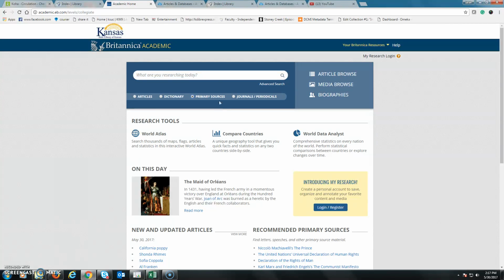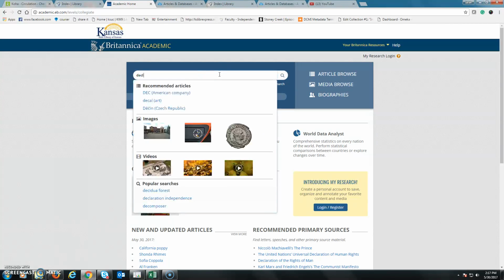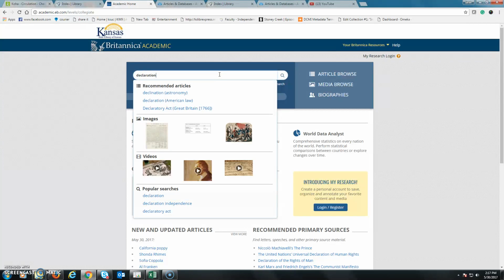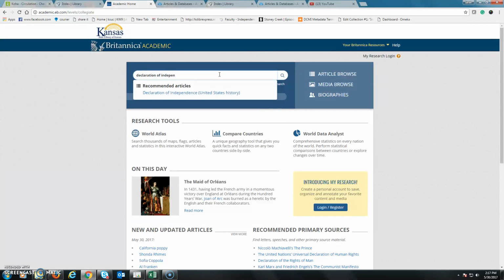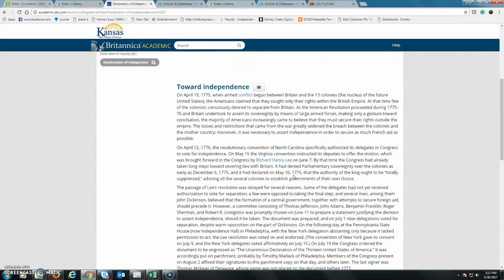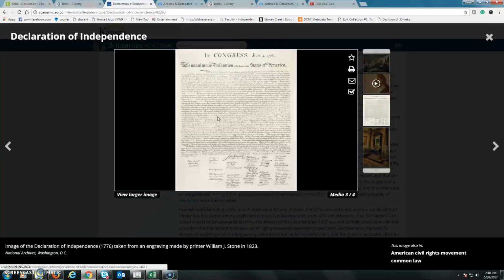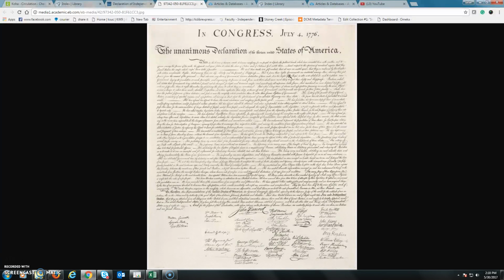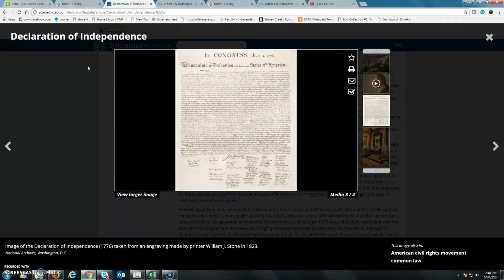So we could type in here Declaration of Independence. This gives you the introduction, kind of the background. Here's the original primary source. Okay, even viewing it larger though, it's pretty darn difficult to read. Even if you keep zooming in, it's difficult to read. So when you go back,